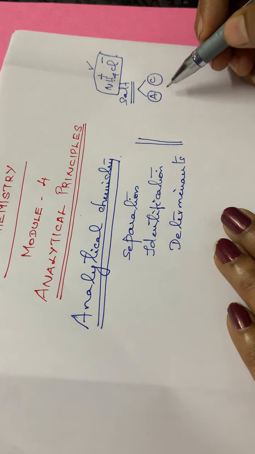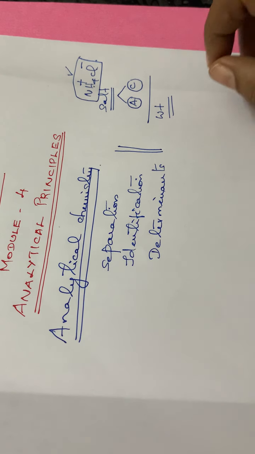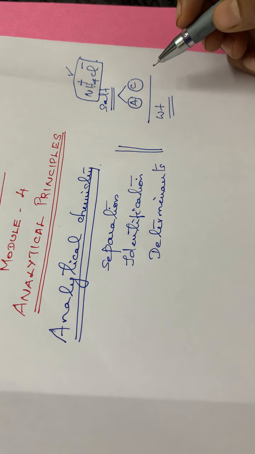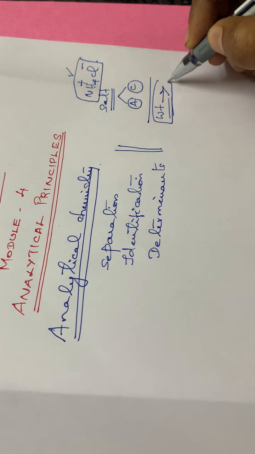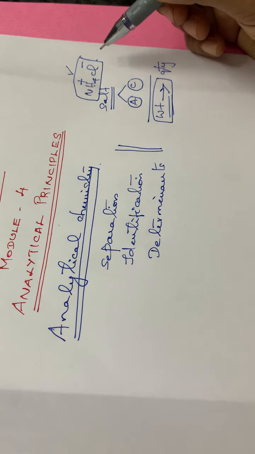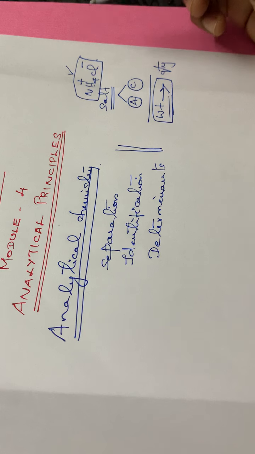and in some cases you will be calculating the weight of a given substance or weight of a particular salt in a given substance, isn't it? Sometimes you have to estimate the weight of HCl given in a particular solution, isn't it? Sometimes you have to estimate the mass of potassium hydroxide or the mass of sodium hydroxide in that particular solution, isn't it? So there also you are determining the quantity of that particular substance, and at the same time in some cases you are identifying the cations and the anions present in that particular salt.